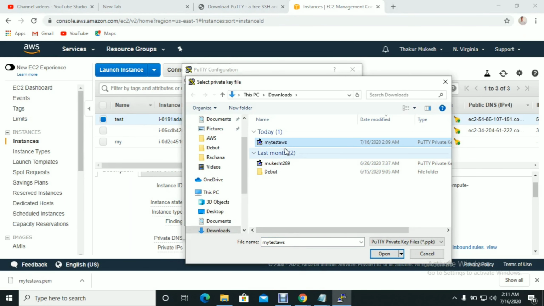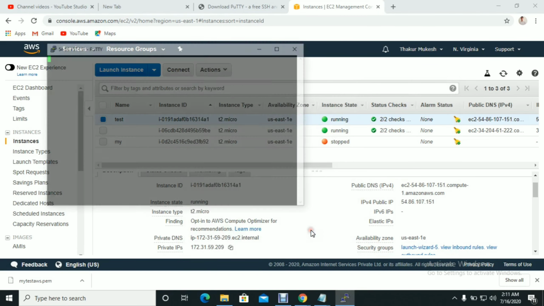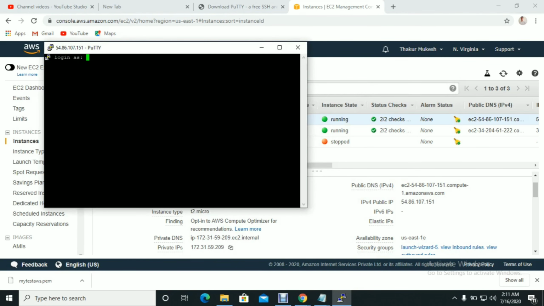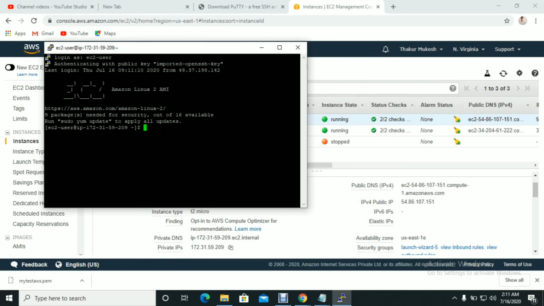Now you select my test AWS, the key which we generated. Then click on open. ec2 hyphen user. Now you can see it's connected, right? So these are the two ways you can connect to your EC2 instance.